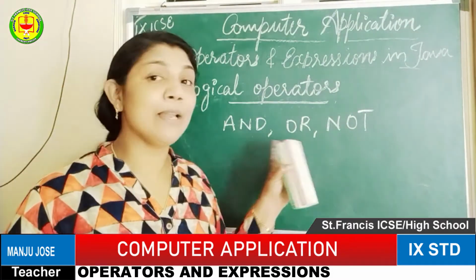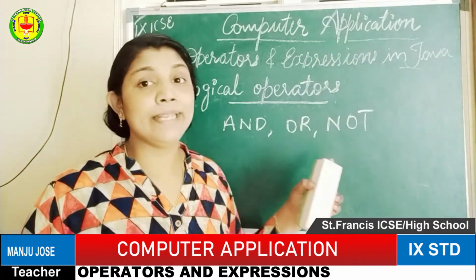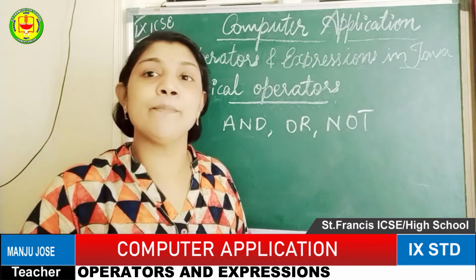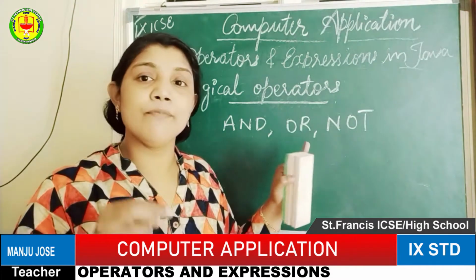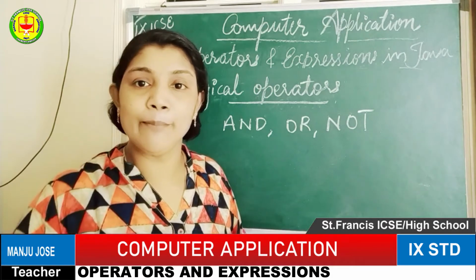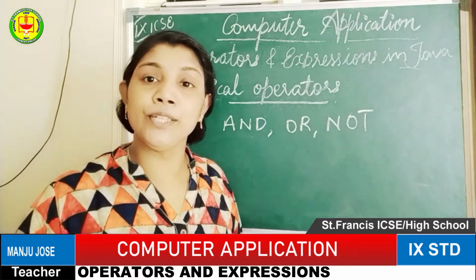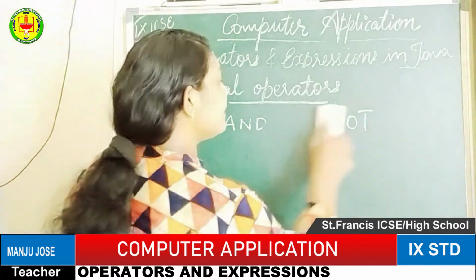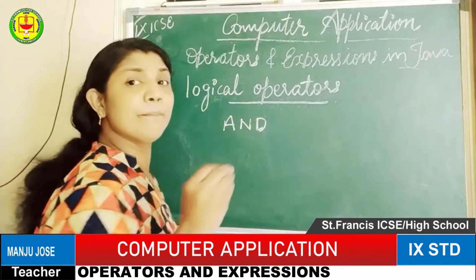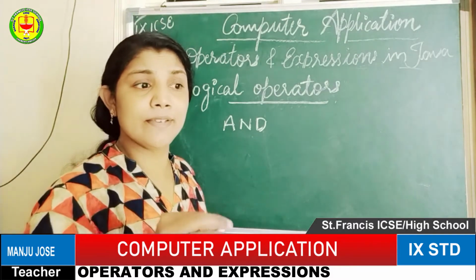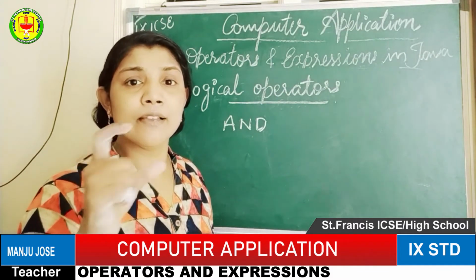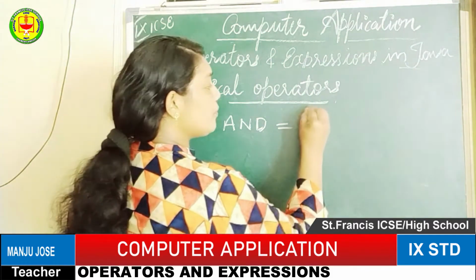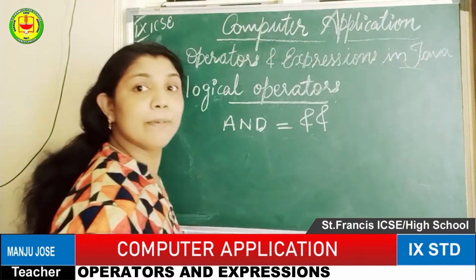So these are the logical operators. The operator names are the AND operator, OR operator, and NOT operator. The relevant symbols will be there. Unlike mathematics, in Java programming, instead of these names we use some symbols from the keyboard while programming. So what are the symbols, we can see. AND is represented by the ampersand symbol on the keyboard, which is above the number key 7. So AND is represented by the double ampersand symbol.